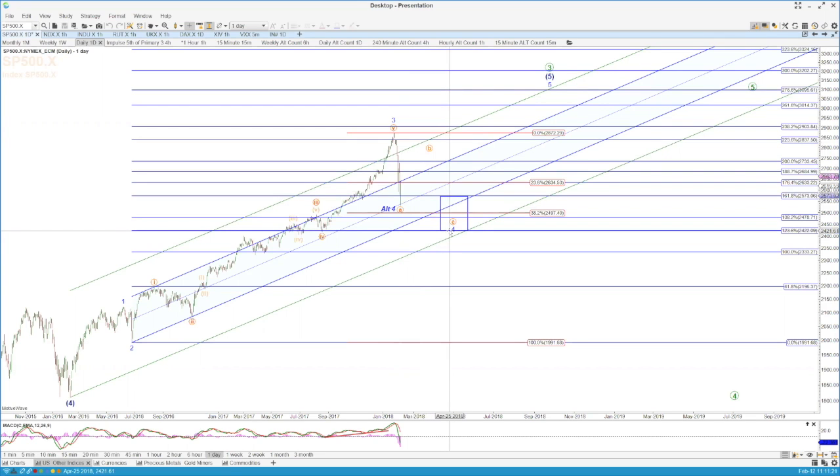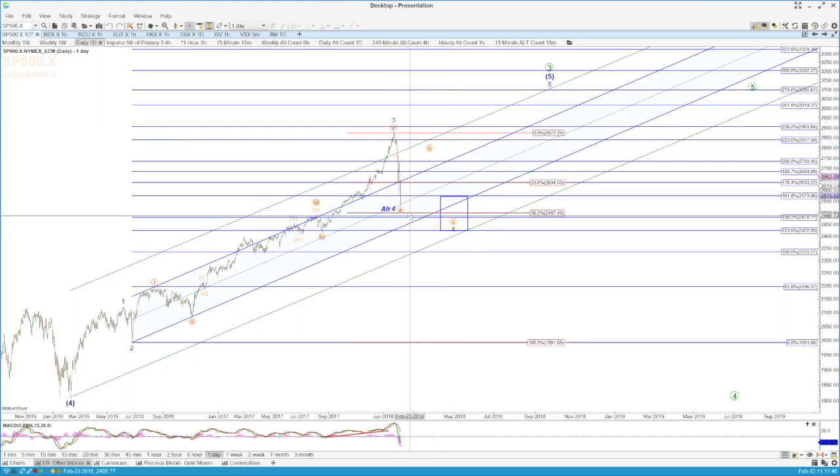And we were looking ideally for this to come down to between 2422 and 2478 before resuming the bull upside move with a target in excess of SPX 3000 next. So the question is, after all the volatility and the sharp moves to the downside that we have seen in the last week or so, where are we within that pattern?